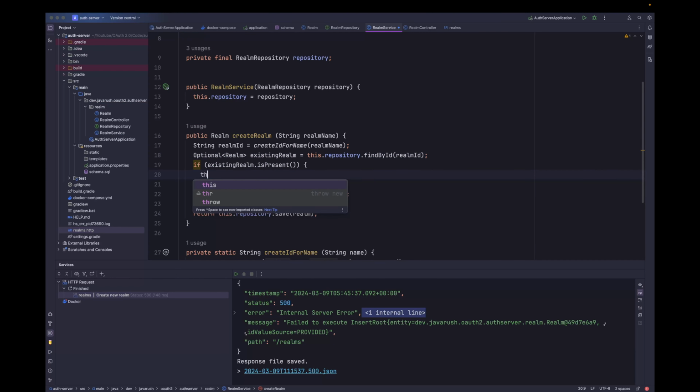then we'll just throw a runtime exception, throw new RuntimeException, and the message we will show is: realm with ID equal to realm ID already exists, so we are not able to create another realm with the same ID. So we will just throw this runtime exception